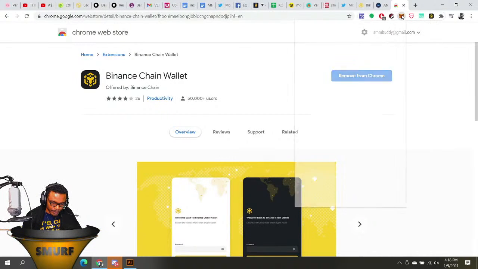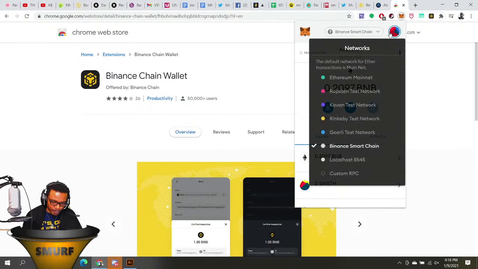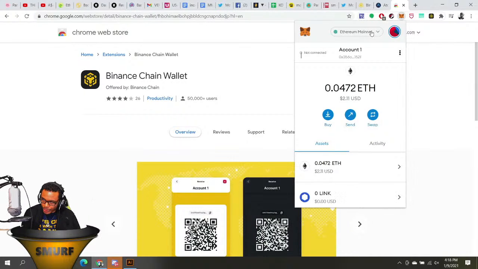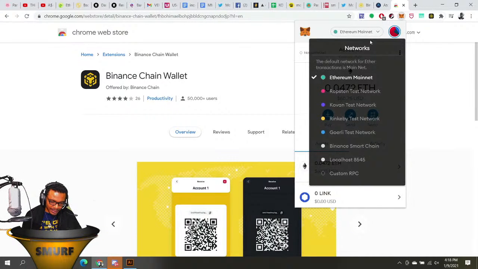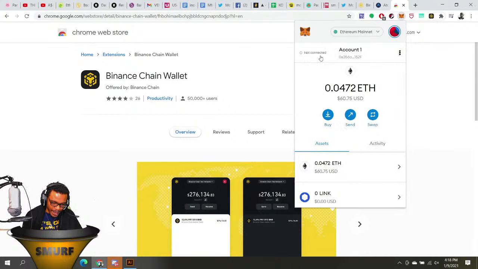And then you need your MetaMask wallet. So you'll also get MetaMask again from the Chrome store. You'll need MetaMask. And then with MetaMask, you'll want to make sure you have Binance Smart Chain activated when you click the drop down for this. And so it's going to probably start off on your Ethereum one, which you're probably used to working with if you're on DeFi and stuff. You're going to want to connect the Binance Smart Chain one. And it's not going to be there automatically for you. What you're going to want to do to get this is